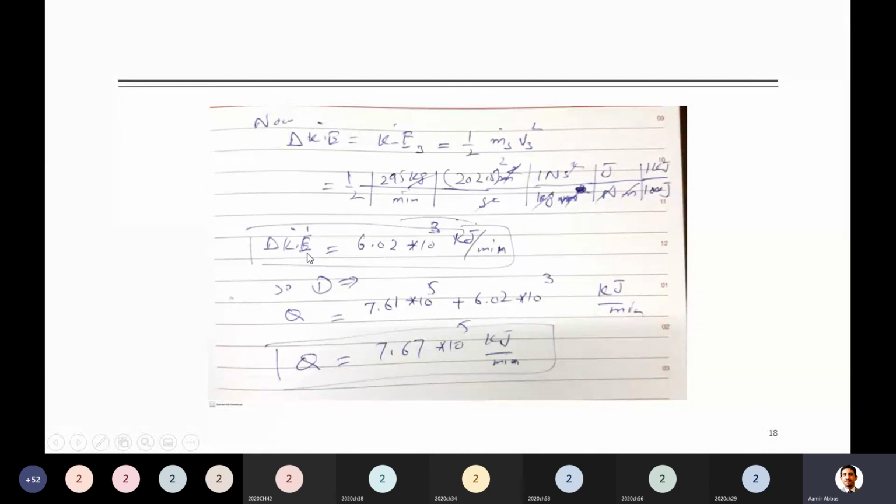So now you have both delta H as well as the change in kinetic energy, both calculated. So just put them in the equation and you can find Q. Any question? This is done. You were supposed to find the amount of heat added to this system. Hello, any question? No, sir.